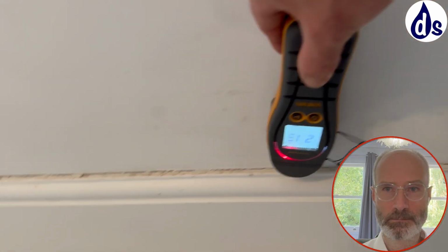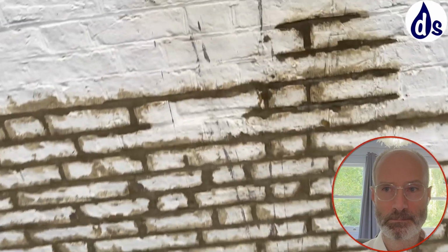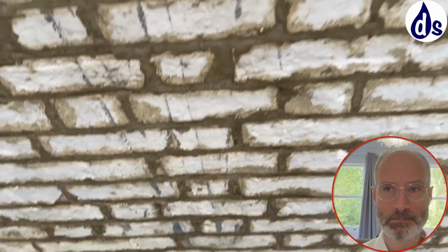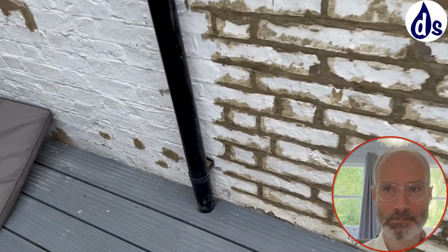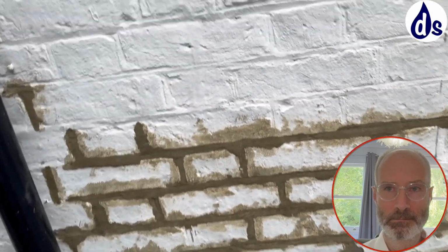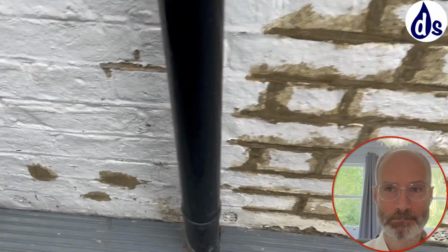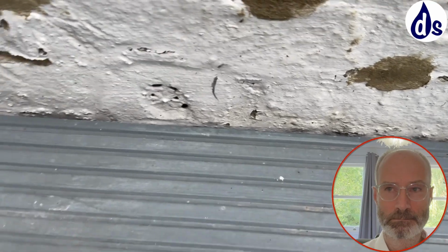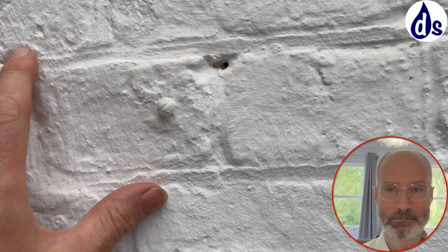It's damp proofed on the outside, but obviously that doesn't make any difference. It's a solid floor here. So this is the outside, and this decking is raised. Yeah, but it's more over here because that's the vent. It's more like this area. There's been damp proofs against rising damp there, but the specific issue with this type of paint is that